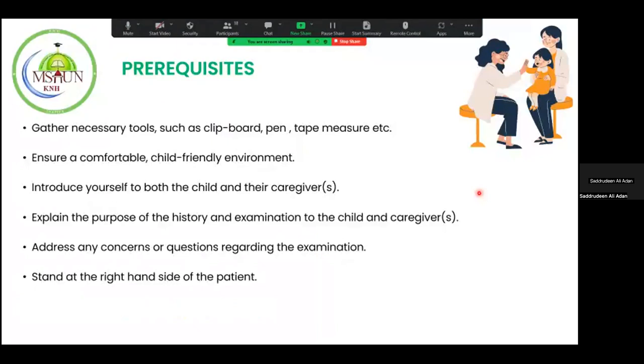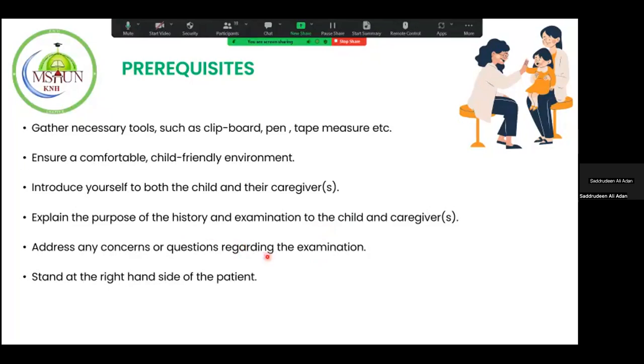Then you have to introduce yourself to both the child and their caregiver, or caregivers if they are more than one. You also explain the purpose of the history and examination to the child and the caregiver. You address any concerns or questions regarding the examination and the history taking process. It's good to elaborate how you're going to take the history and how your examination will involve, maybe exposing the patient in some areas. So you address any concerns by the mother or the informant,